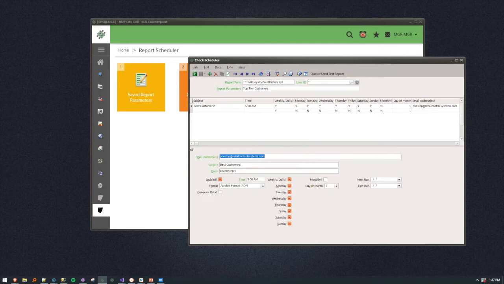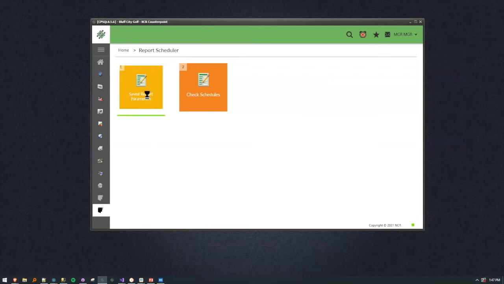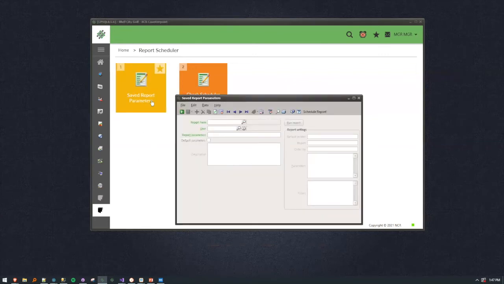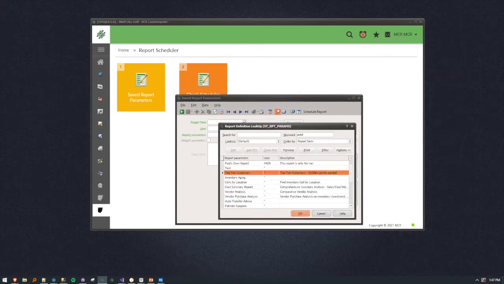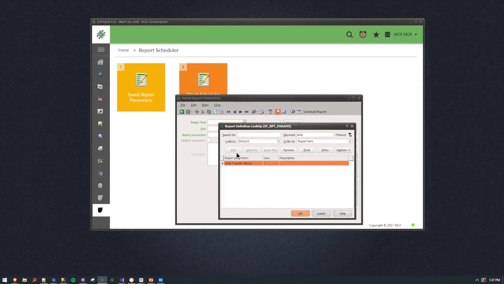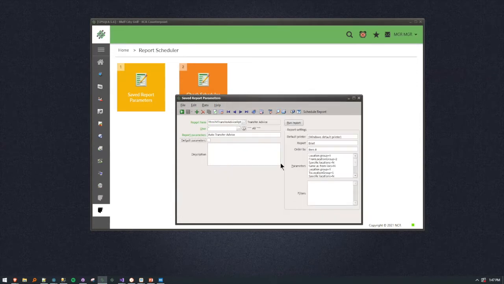And then one final thing is I touched on this generate data function. So it might be kind of hard to remember what reports have that special functionality. We've kind of built in a little fail safe for that. So if again, I start at my saved report parameters, and I've created this one in advance, but say I want to do my transfer advice, I would pull up my saved transfer advice save parameter, just confirm, okay, yep,